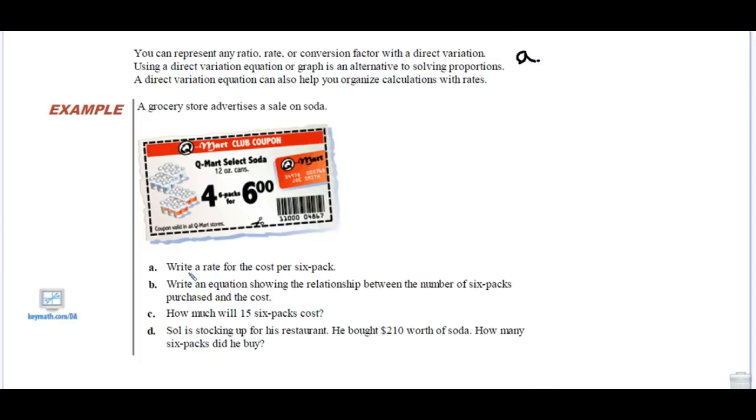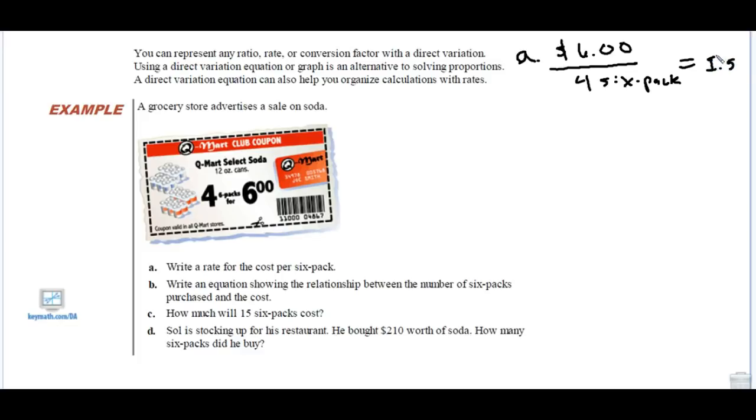So we're going to start off with A. Well, we need a rate, cost per 6-pack. So when I hear that cost per, I think per is going to go in the denominator, and we're going to say 6-pack. Okay, so what is the cost? Well, we know it's $6, right, from our advertisement, $6. And how many 6-packs do we have? Well, we have 4. So that's going to equal, if I take 6 divided by 4, I can get